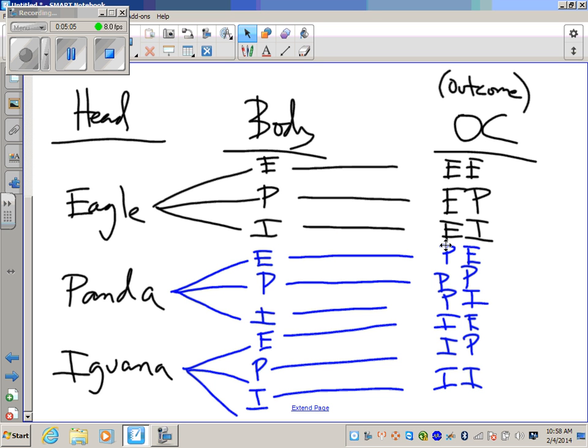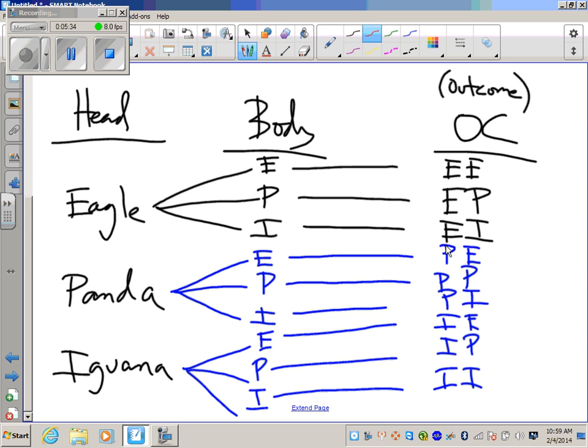Now there is a shortcut. There is a shortcut that you can use that will save you a lot of time if the only question they're asking you is how many choices you have. If they get into more detail about what are the choices or how many of the choices would be this, then it's different. But if they just want to know the total number of outcomes that you're going to have,